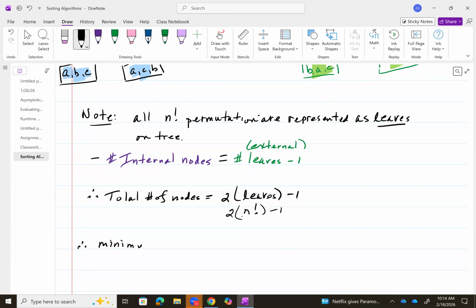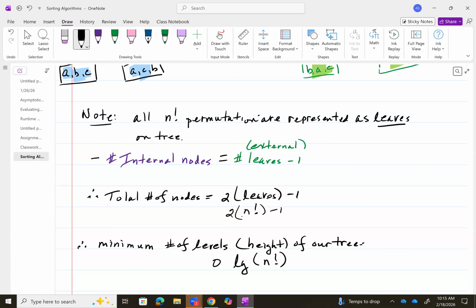What would be the minimum number of levels or height of our tree? So if somebody went in the opposite, Keith, you went the opposite way. You went the number of nodes by the height, which is 2 to the n. So the number of levels or height by the nodes would be log n factorial. Yeah, I know. I've got a 2, so plus 1. I've got a minus 1, so they kind of cancel. So